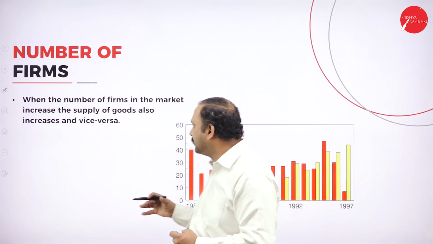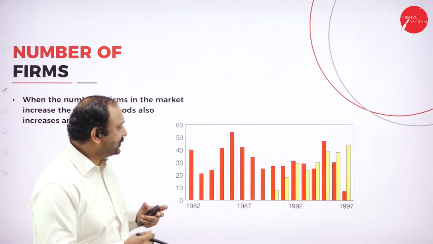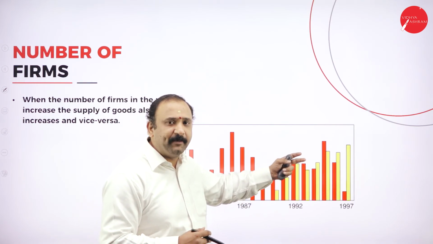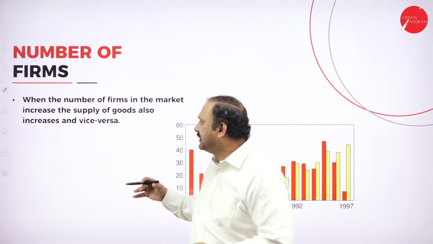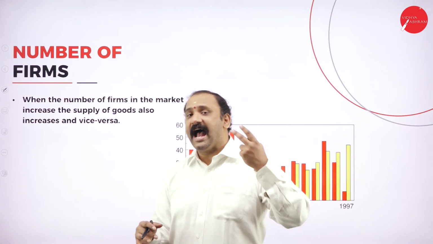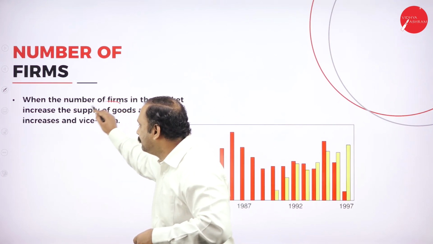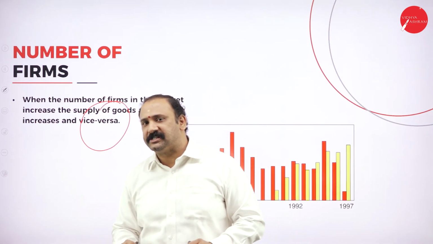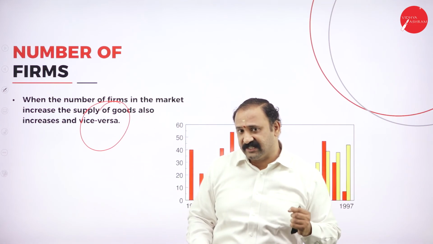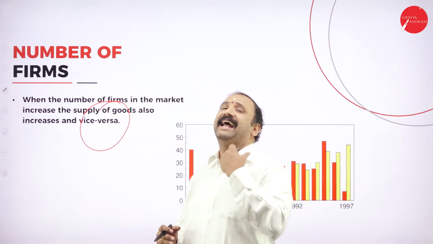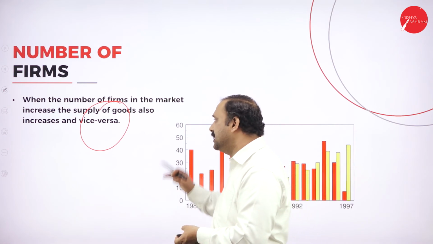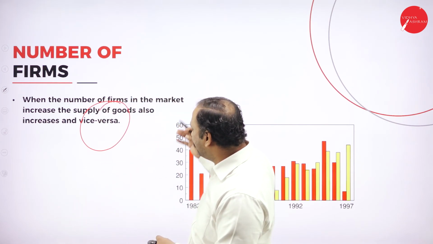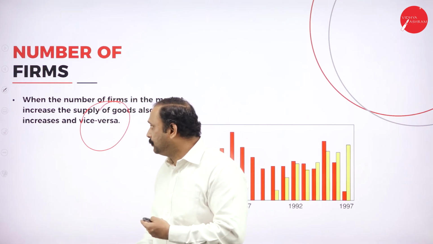Now, the other thing is the number of firms. If you just start looking into the graph, normally when you do a data interpretation and you see that as the number of companies starts moving up over a period of time, automatically you would start seeing that the supply of goods also increases, and as the number of firms comes down, there would also be a decrease. So the number of firms increasing in a particular sector definitely sends a signal that yes, there is going to be an increase in terms of production. That's a very, very important factor that we have to set in our minds, because the more the number of firms, the more the output is going to be.